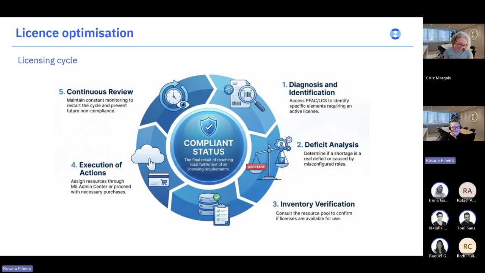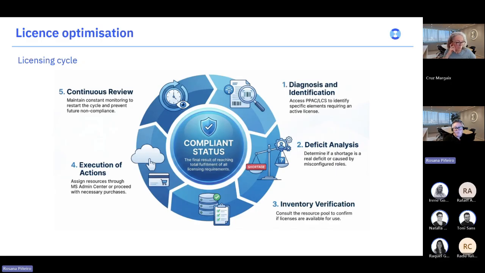Okay then. If we're talking about optimization, we're going to start by explaining the licensing cycle, what processes have to be achieved. The first step is the initial evaluation, the one that's performed in the Power Platform Admin Center, as we just saw in our previous demo. The second step is the analysis.